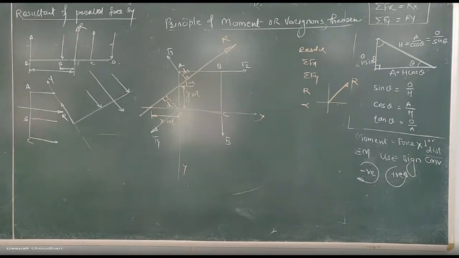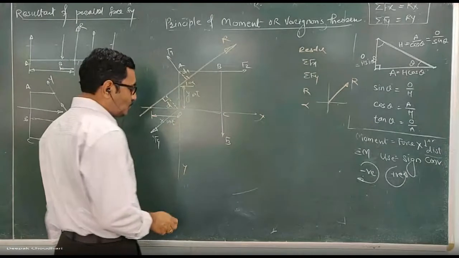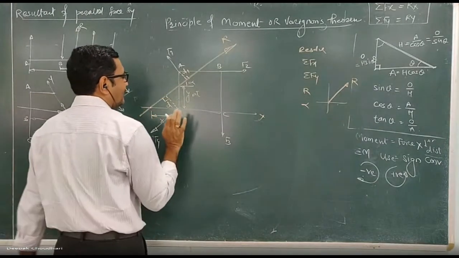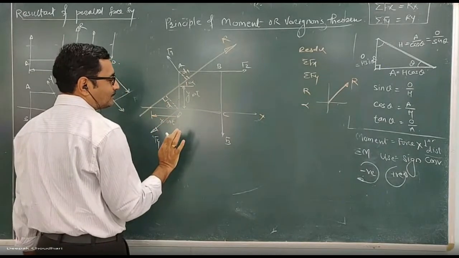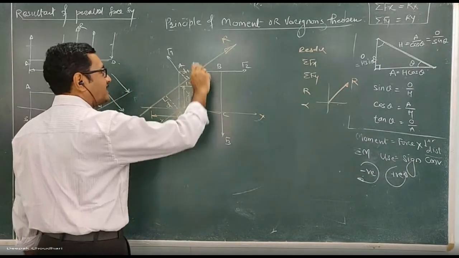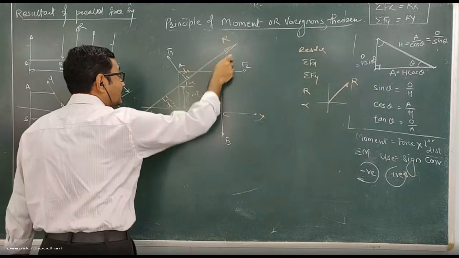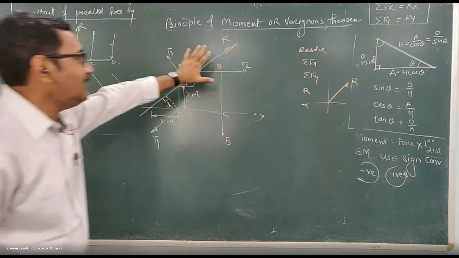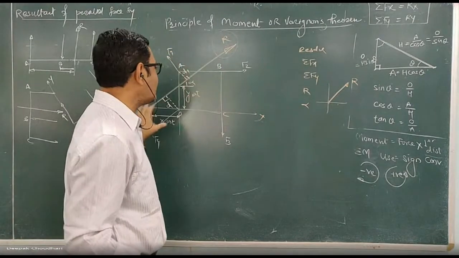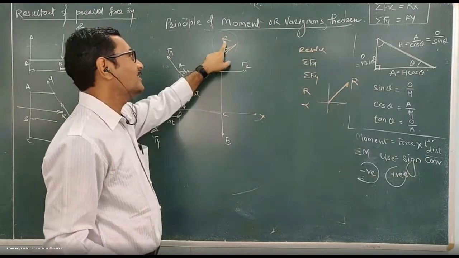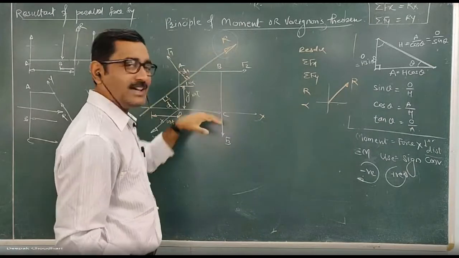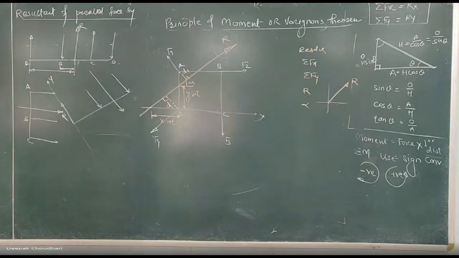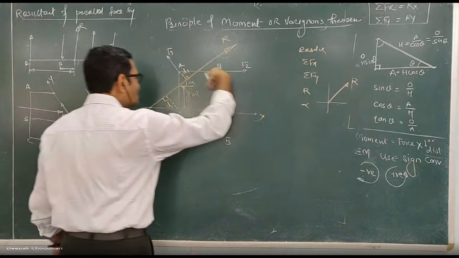Okay. So to calculate the position of the resultant, we are going to use Varignon's theorem. So what is Varignon's theorem? Now, it is simple. Varignon's theorem is very simple. Now, before explaining Varignon's theorem, let me come back again to the resultant. Then I will explain it. What is a resultant? Resultant is a single equivalent force which produces the same effect as that number of forces produce on the body. This is a single force which produces the same result, the same effect, as all these forces. So this is a single equivalent force. Clear? So what is Varignon's theorem?